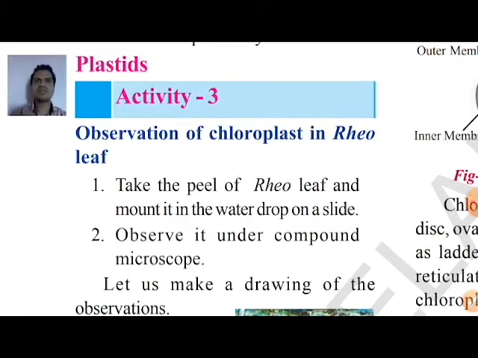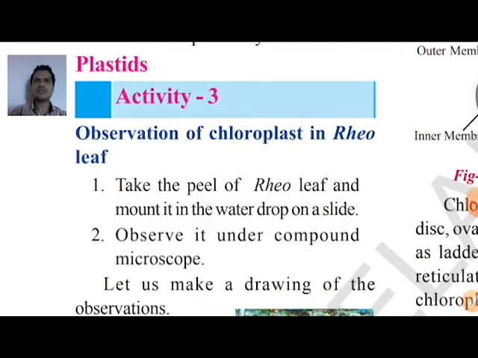Now the next topic is plastids. Activity 3. What is the meaning of a plastid? Plastid is nothing but a color producing substance. So many times you have observed that some leaves are green in color, and newly born leaves are reddish and light pink in color, and so many times you have also seen whitish leaves. I think you may or may not have seen whitish leaves. I have seen different colored leaves on only one plant. Now why are the plant's leaves different in color in different situations?